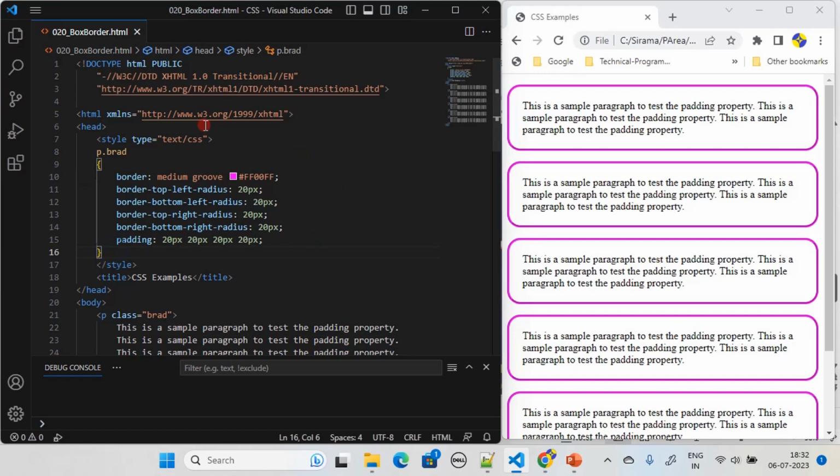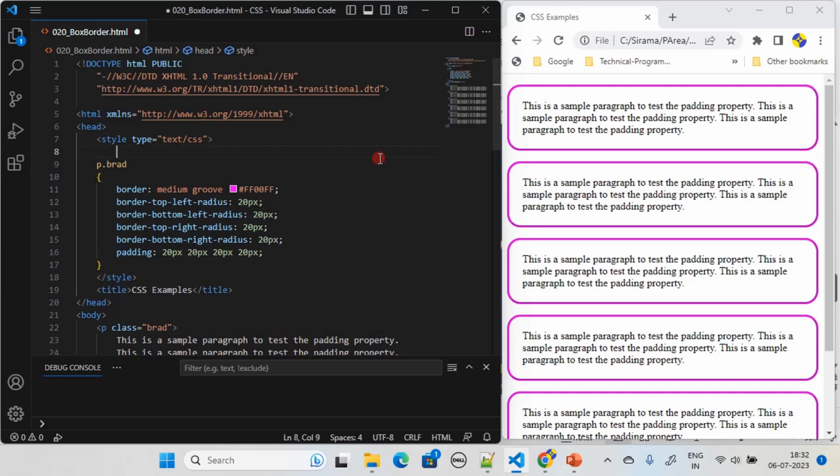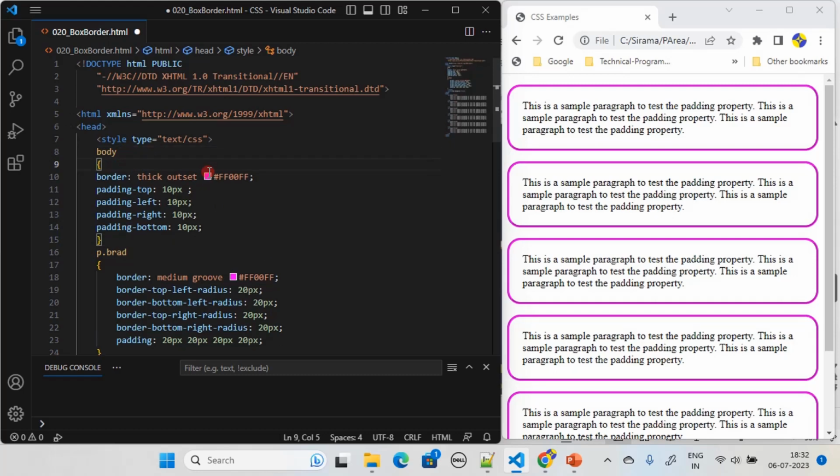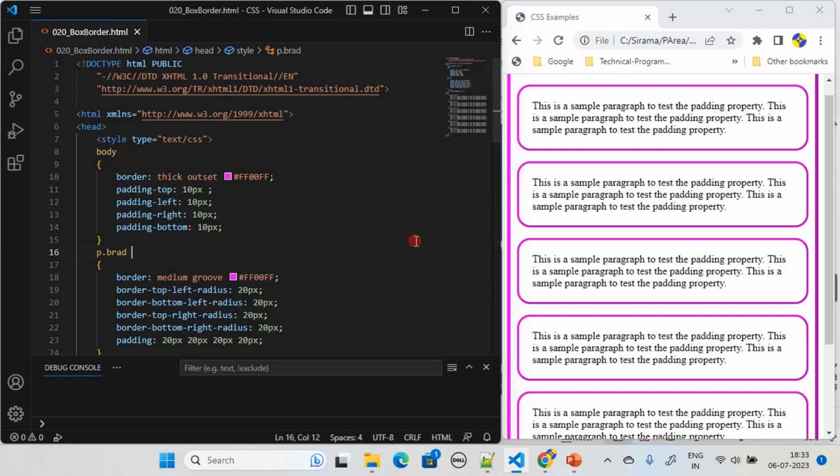So here we will bring back our body tag style. On the body tag, we applied a thick border, and we are having padding as well. Padding 10 pixel, 10 pixel, 10 pixel on all 4 sides. But this is applied to the body. Now let us save it, and you can see how the border is applied,